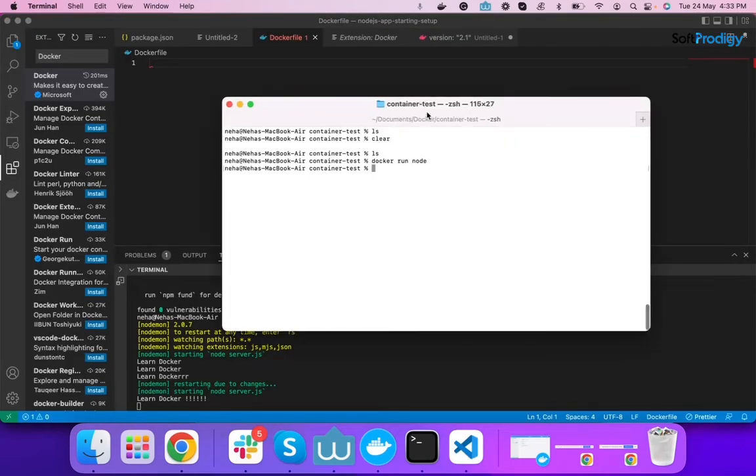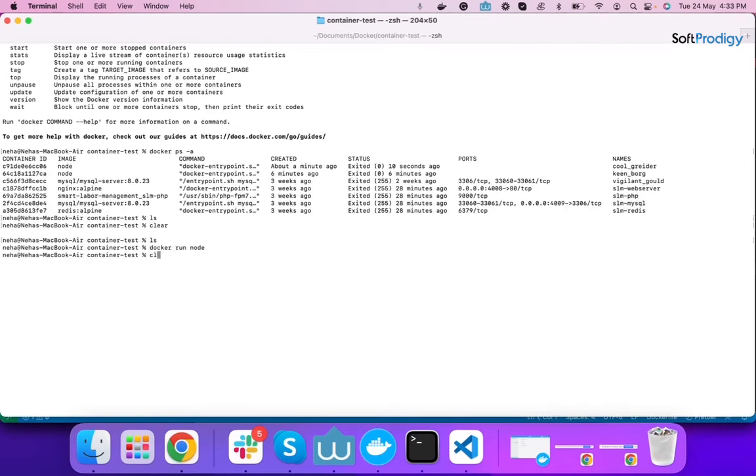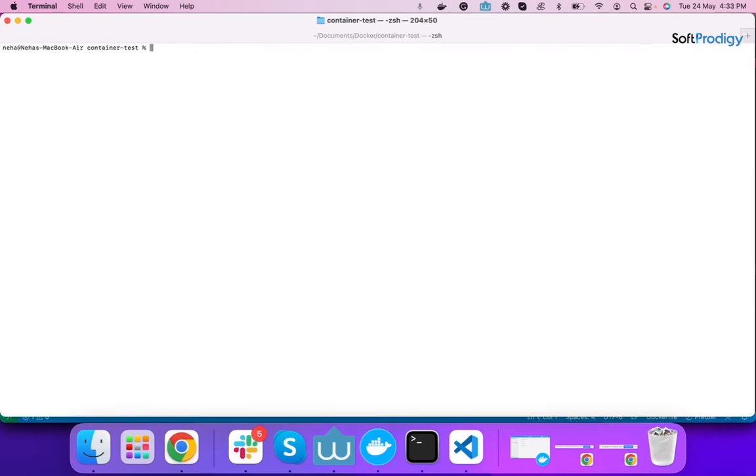Let me show you how we can check the existing images. docker ps shows all the running containers, but we don't have any running container right now, so we can use the -a flag. ps stands for processes, and -a stands for all.